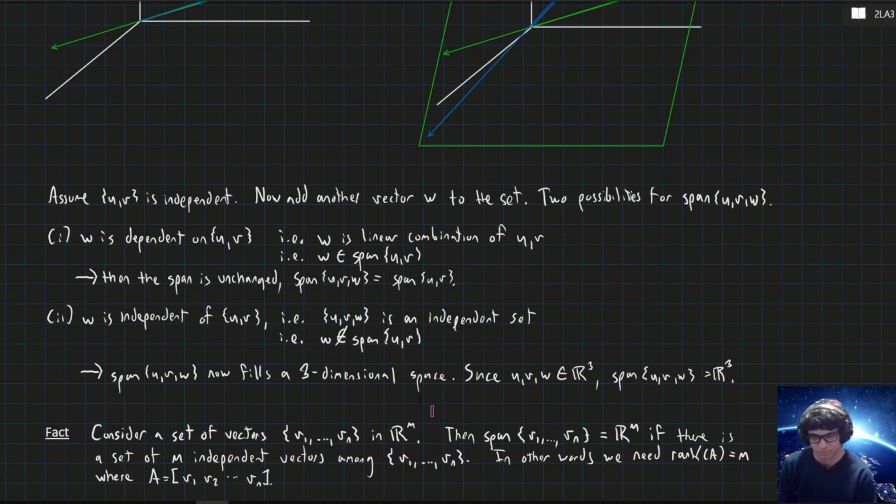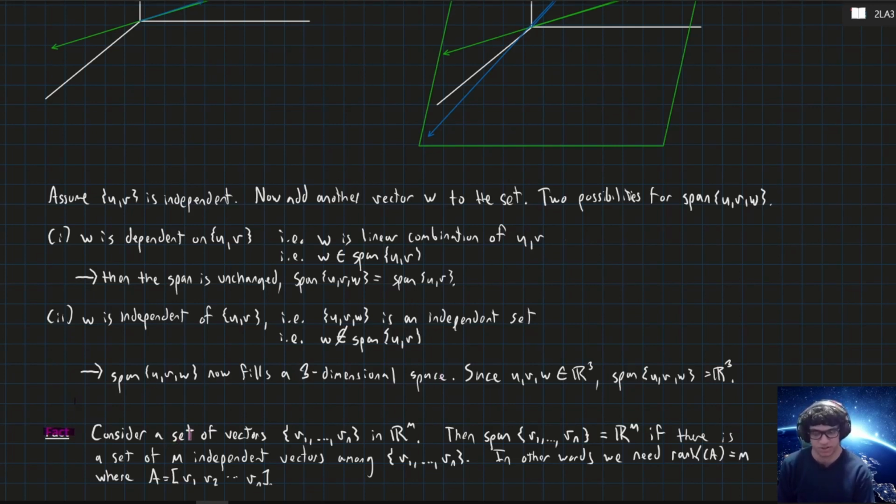Okay, so if the whole thing is independent and we get m independent vectors, that's great. But if there's a subset of these vectors that is independent and it's m-sized,